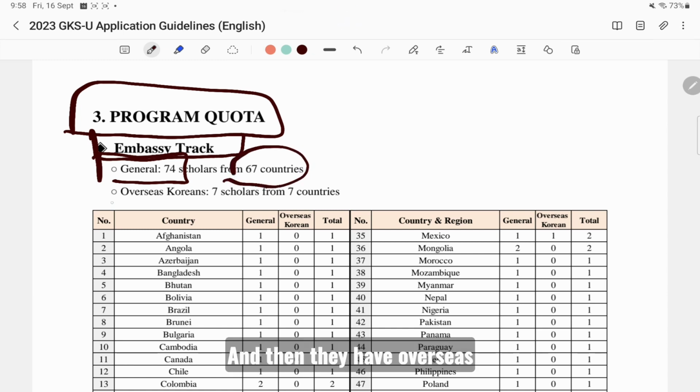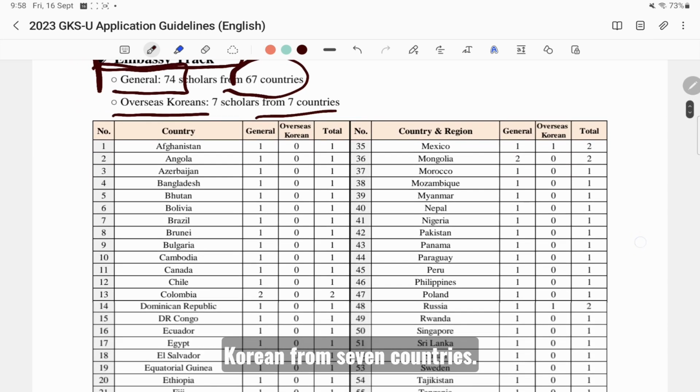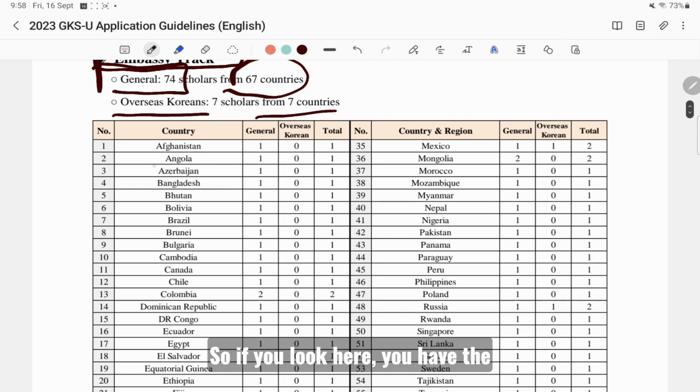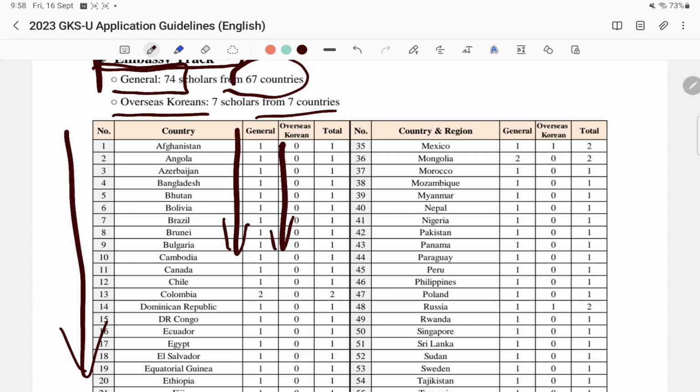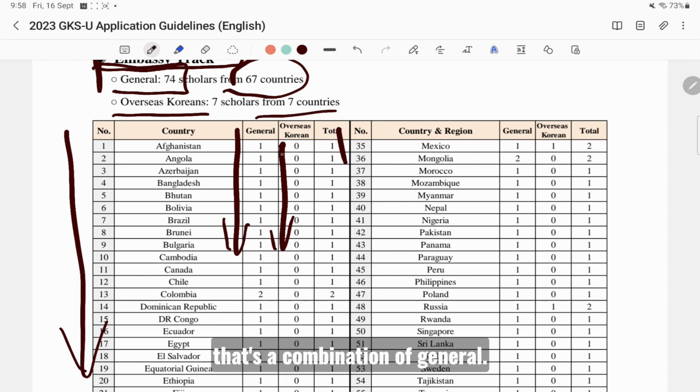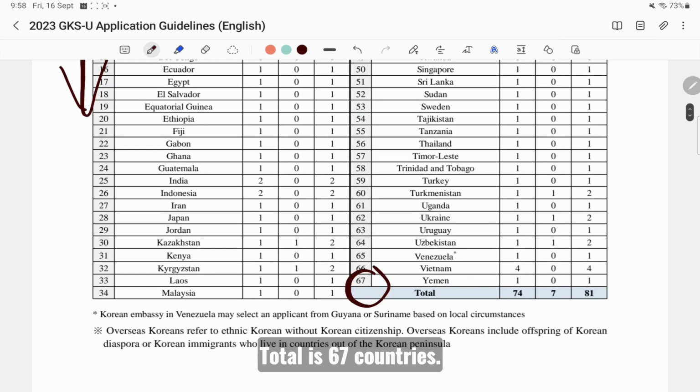And then they have overseas Korean from 7 countries. So if you look here, you have the different countries, and then you have the quota for general, and then you have overseas Korean, the quota, and then you have the total. That's a combination of general plus overseas. The total is 67 countries.